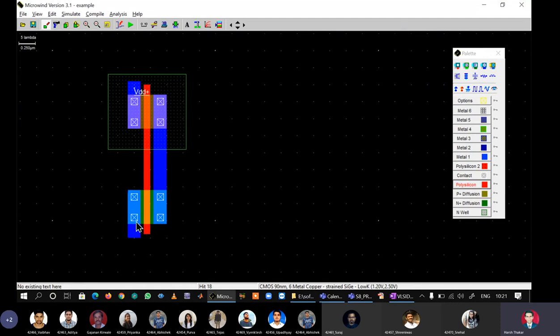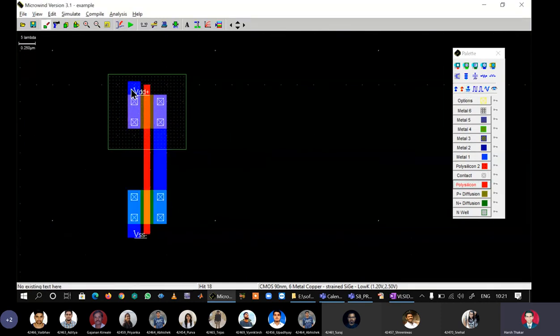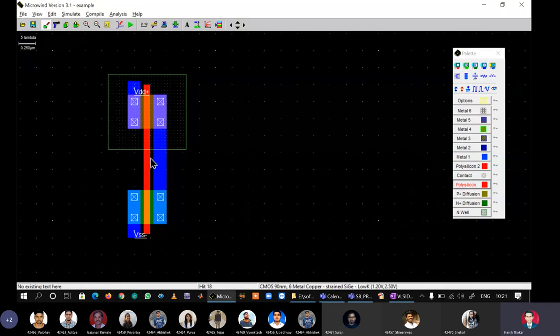Similarly, here is my source of NMOS connected to ground. Take the ground, go and just put it anywhere in the blue colored square. So VDD and ground have been given. The gates have been connected. The drains also have been connected. Now the next step is that I will purposefully not polarize the well. I will not connect the N well to VDD. The green colored fluorescent boundary is actually the N well.